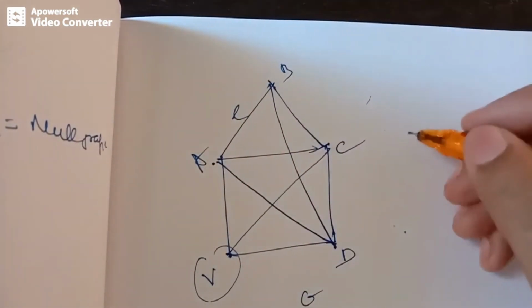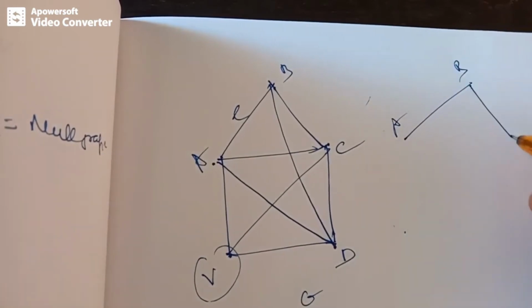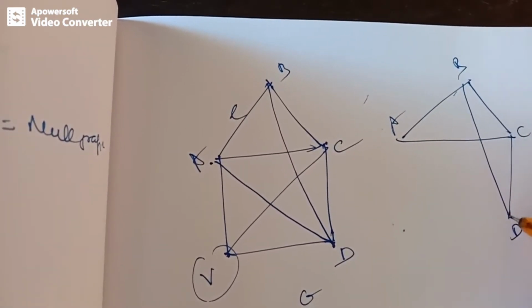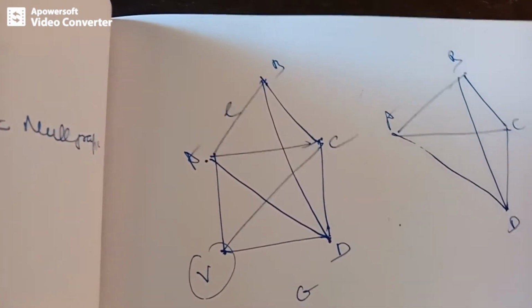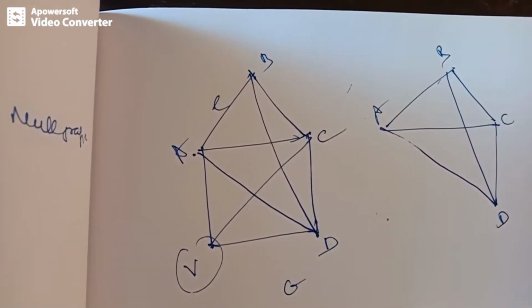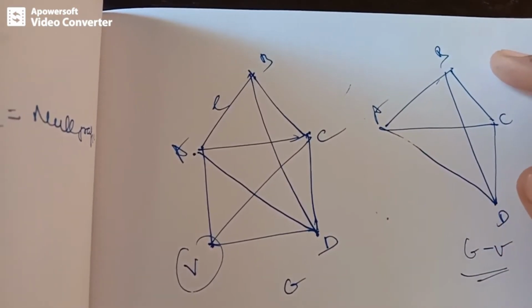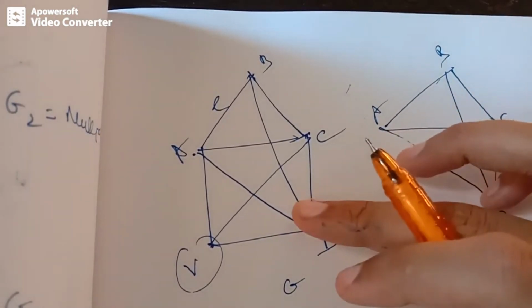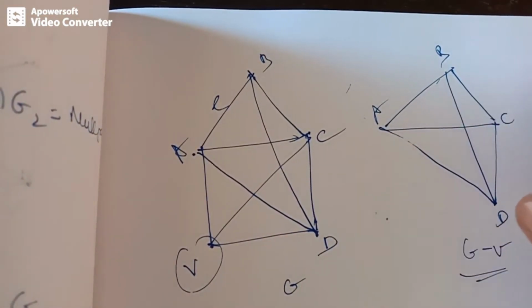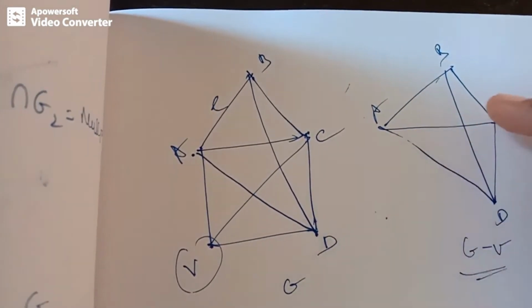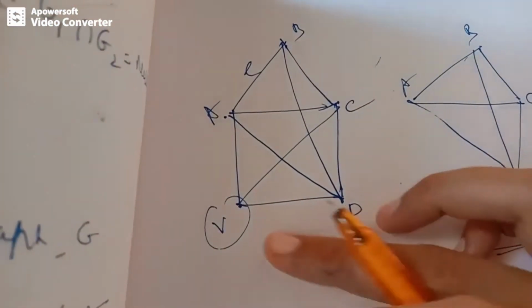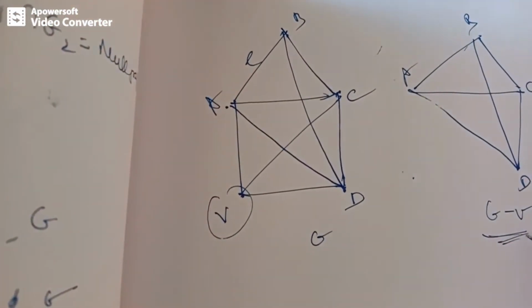So the graph will look like this: A, then we have C, and just the vertex D, with all the edges incident on D. So this will be the graph obtained by deletion of that vertex, and it is called a vertex deleted subgraph. We are getting a subgraph, right? Whatever vertices are there in this graph are also there here, and between the vertices there are corresponding edges, which are also there in the original graph. Therefore, it forms a subgraph by deletion of that particular vertex and edges incident on the vertex. So it is called a vertex deleted subgraph.